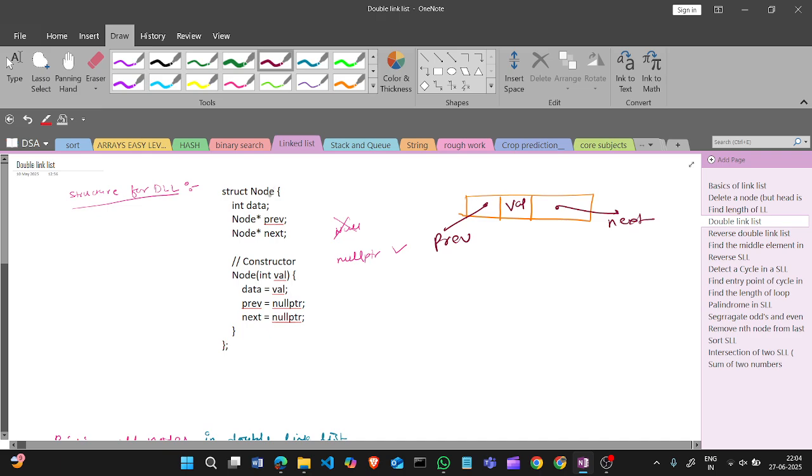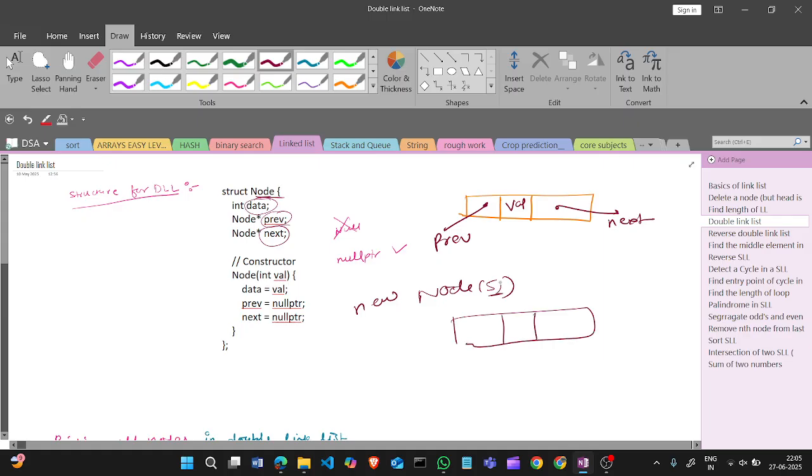Let's see the structure. This is the struct node. The name of this class is node, and we will put the data as integer type and pointers previous and next. This is the constructor. If I write node 5, new node 5, then it will automatically create it.